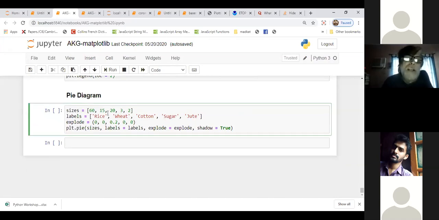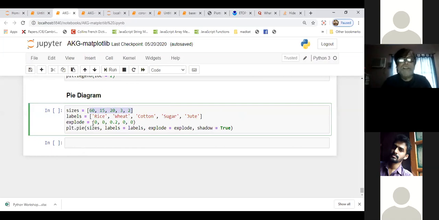For the pie diagram, you have to give the elements with which you define the area size: 60%, 15%, 20%, 3%, 2%. I gave this as a list. The total is 100%, you have to check. The 100% will be divided inside the 360 degrees. And the labels I also wrote: rice, wheat, cotton, sugar, jute.